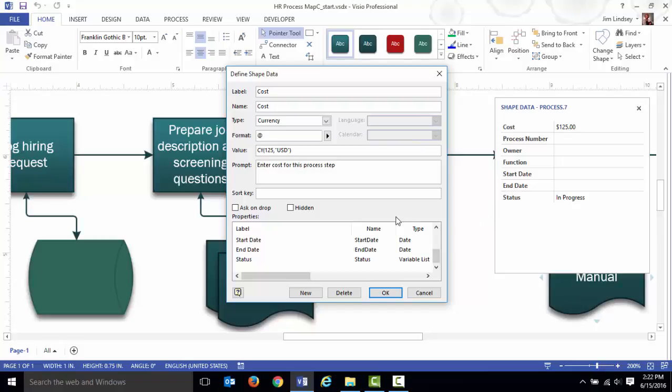And so how do you get a new field? Well, it's pretty easy. There's a button here for new. So you click on new, and it asks what is the label, what's basically going to show up, like cost, process number, owner. These are all the labels for those other ones. So the label for this new field is going to be estimated duration,